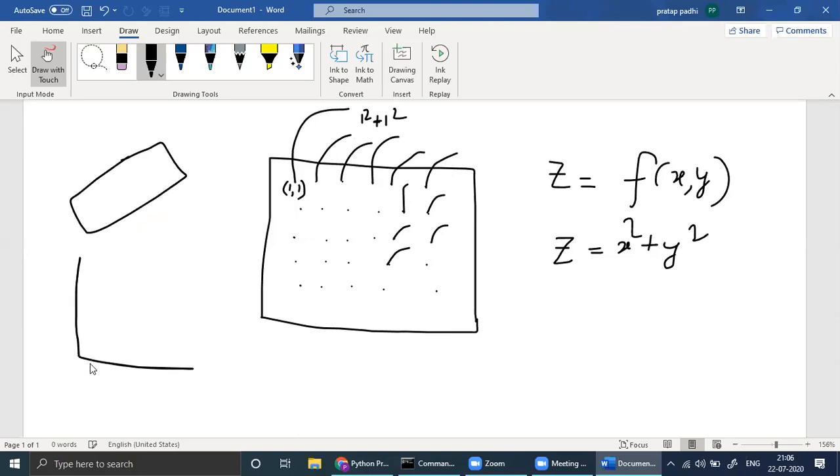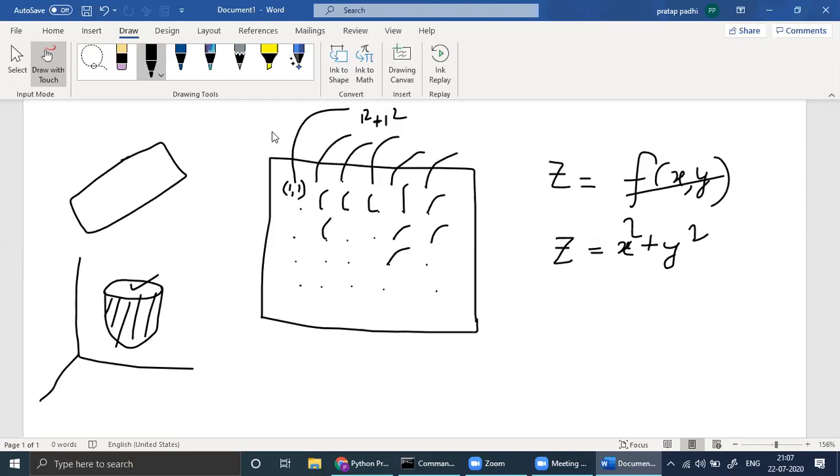Sometimes you will get a graph like this, I'll show you later. It depends on how you are doing it. If you write z square is x square plus y square, that means a square root, you will get a different graph. But remember, these are the points you first have to get, then you take this function, and then you will get the original 3D graph.